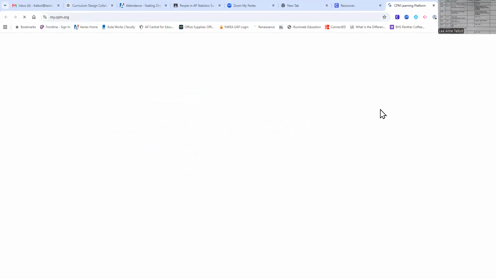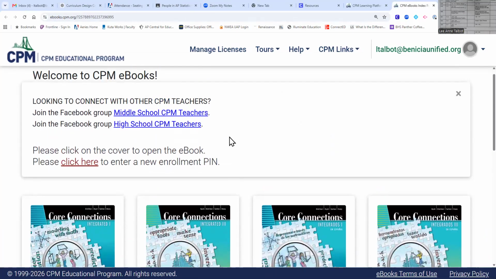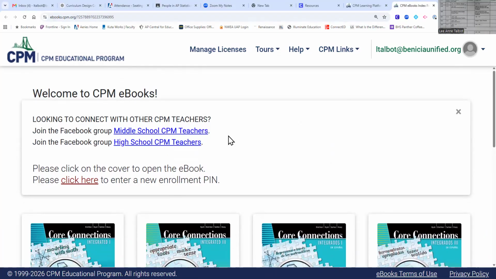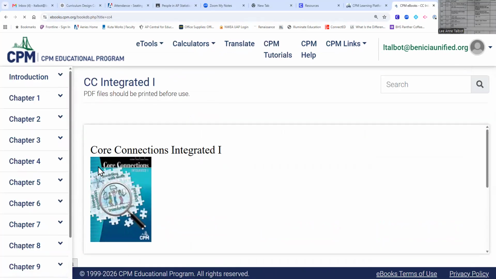Okay. And if this is your first time logging in for the year, they're going to ask you to agree to their whatever, but click the ebooks. You might have to hit agree to their terms and conditions. And then I have a bunch of them because I teach more than one thing. Yours should look like this. If you want the Spanish version, which is great, you can use that one, but we want this one. So click on the book